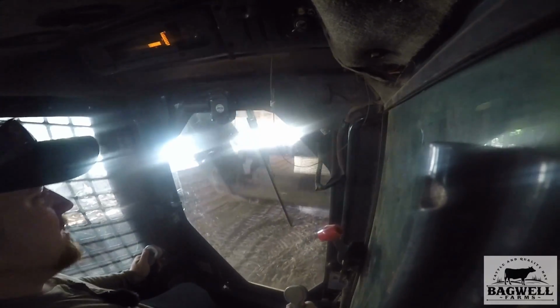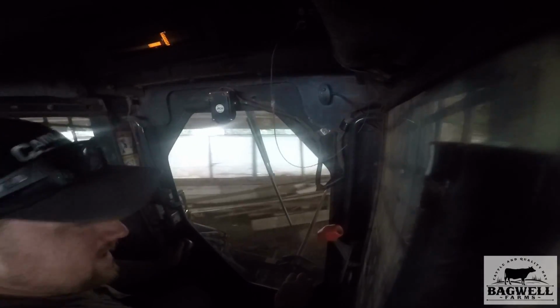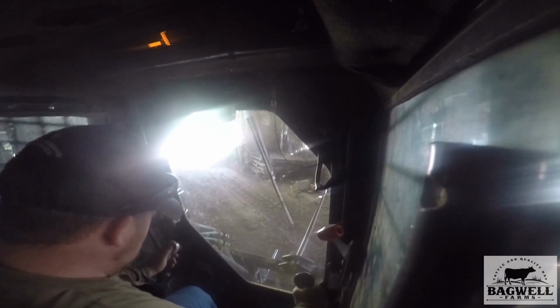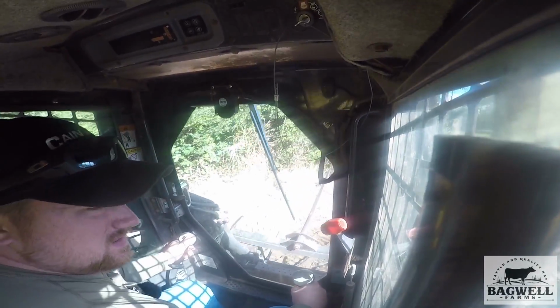I keep wanting to buy me a limbing saw. I need one bad, where I'm doing firewood and stuff and cutting these trees up. It's nice to have a limbing saw. I've been using my pole saw, my DeWalt pole saw, to live with, and it does pretty good. I like to use it on the higher stuff, but when you get down lower, the 55 saw that I have, it's a heavy saw, and it's a little bit too